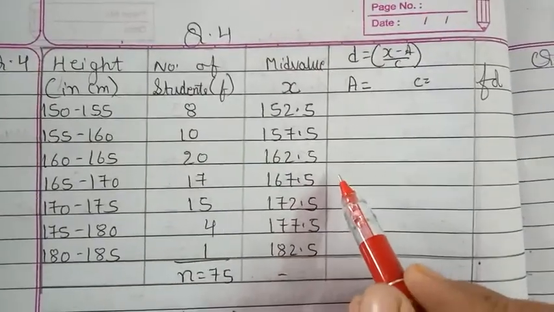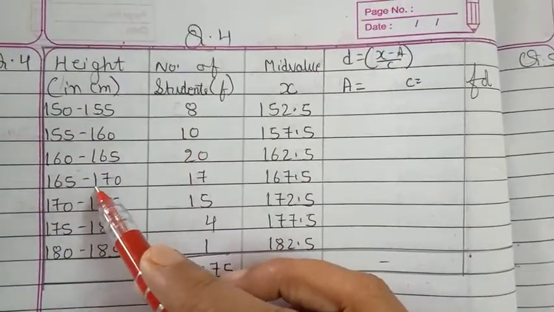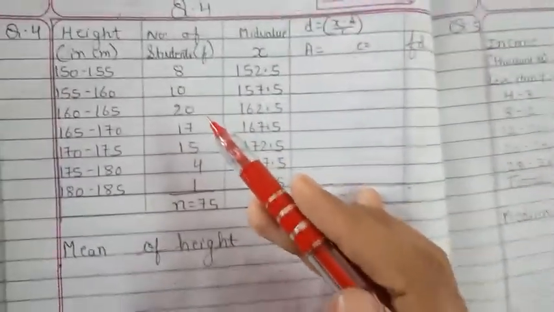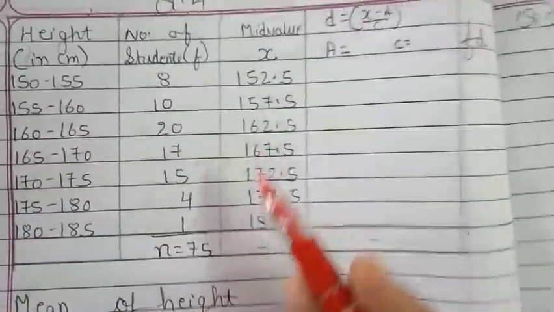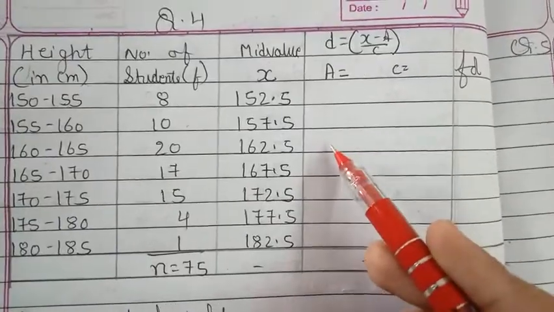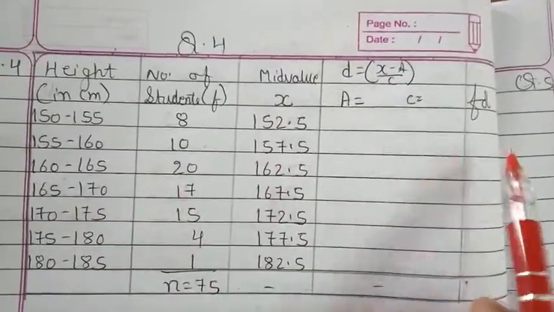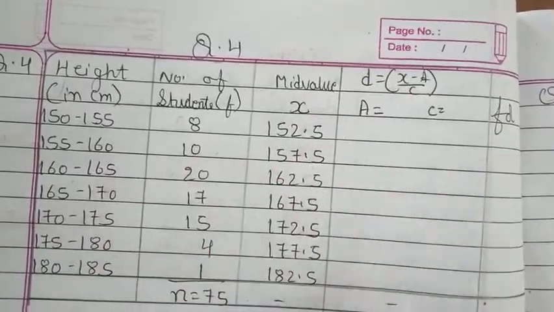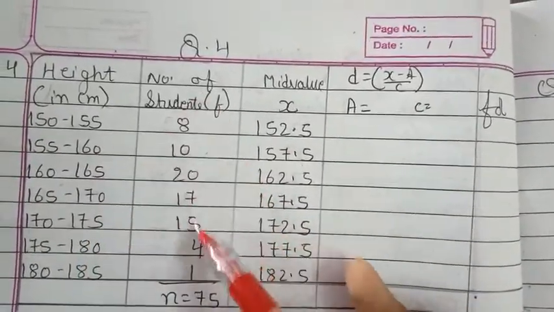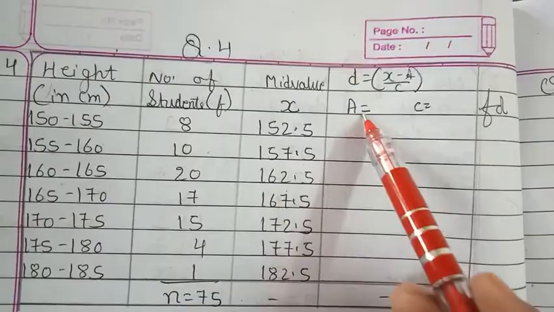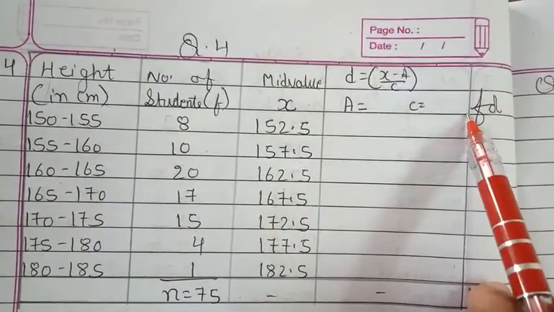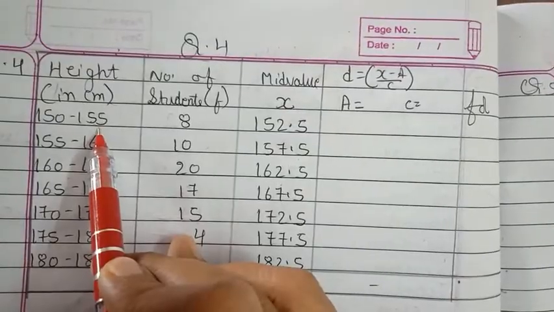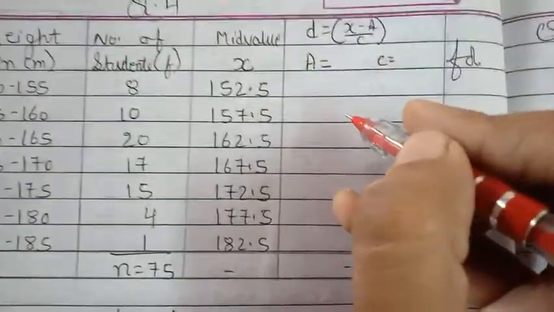Now question number 4, in this the height of students of a college is given to you, and the number of students, its frequency, is given, and we have to find the mean height of students. So for the mean height we have to make 5 columns. As I said, a continuous frequency distribution is there and we are using shortcut formulas. You have to make 5 columns: height, frequency, mid value, then we have to find D and then FD. Mid value we have found, that is upper limit plus lower limit divided by 2. Now I will find out D.